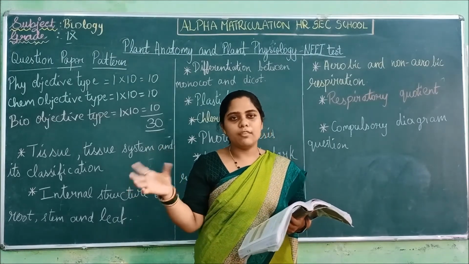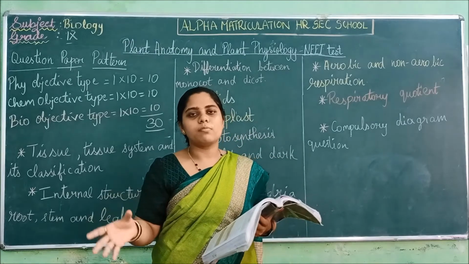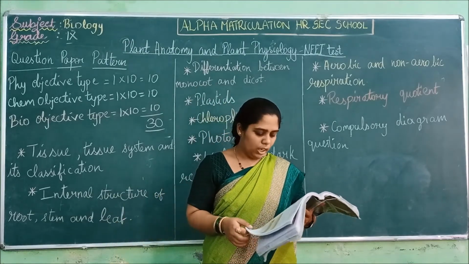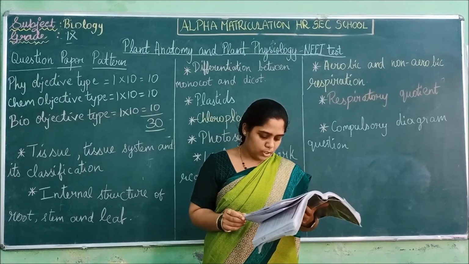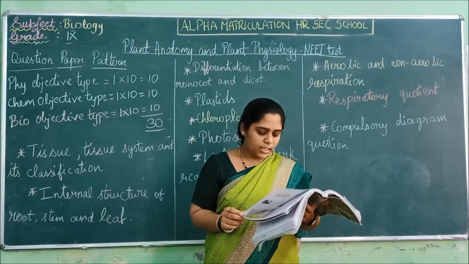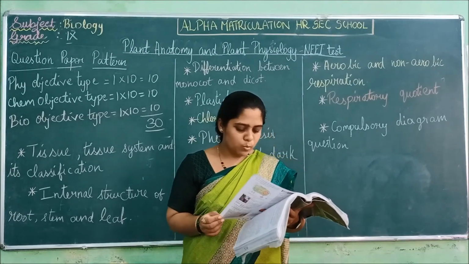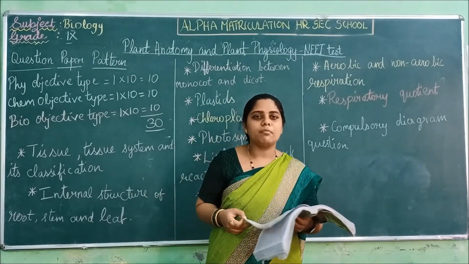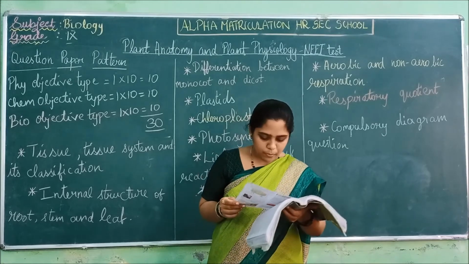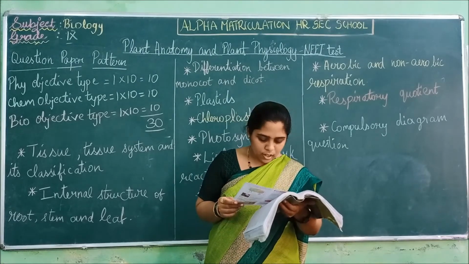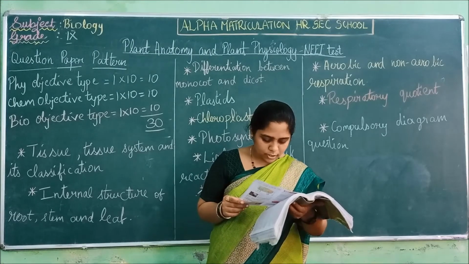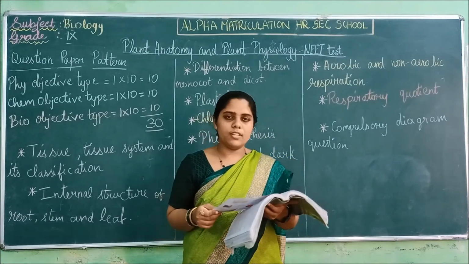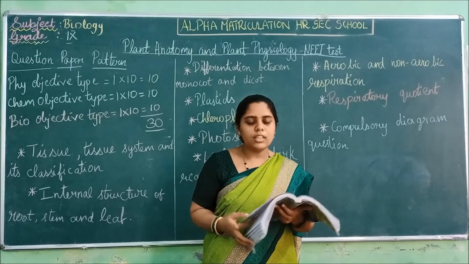A blank may be left and may be asked, or else the equation may be asked, and you have to tell what the process is. So learn the photosynthesis equation. And under photosynthetic pigments, what are primary pigments and what are accessory pigments? Where are they present? So primary pigments are present in the reaction center, and accessory pigments are present in the harvesting center. So all these things you learn.